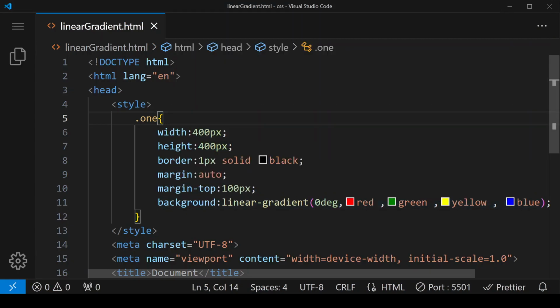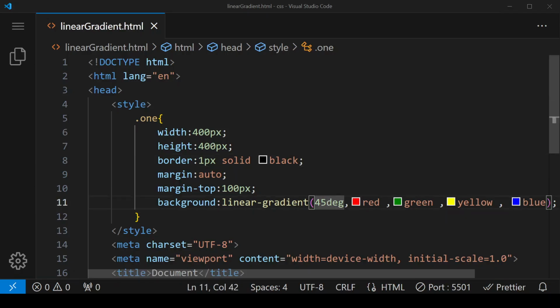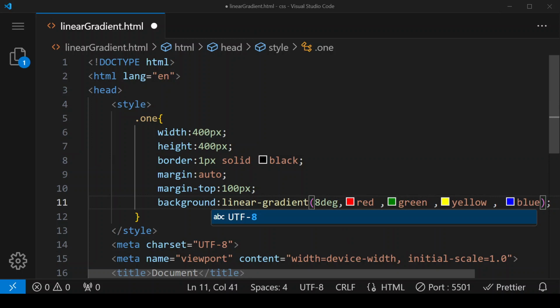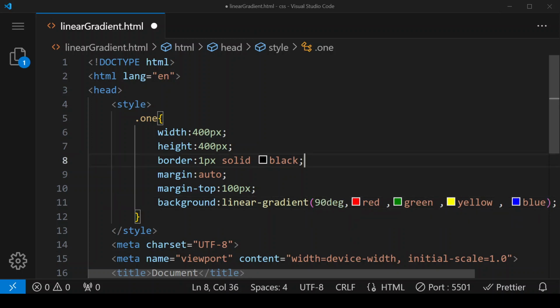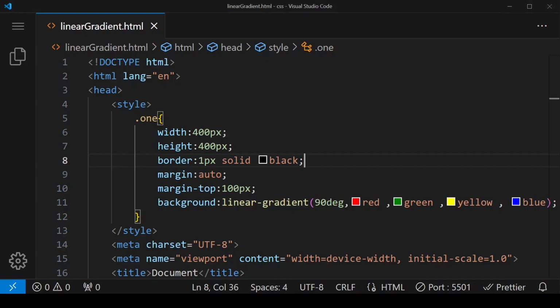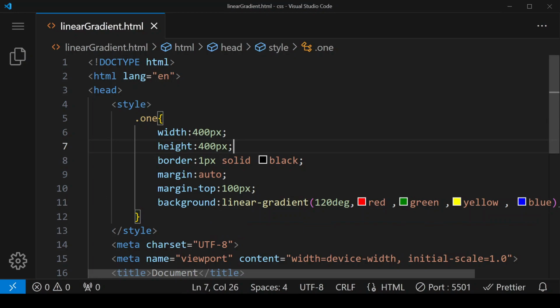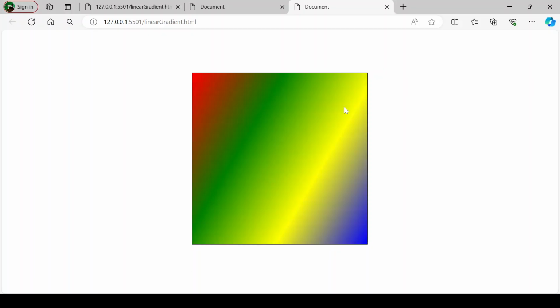Instead of 0 degree, if we specify 45 degrees, we can see that these colors are making an angle of 45 degrees. Here if it is 90 degrees, it is a straight line. 120 degrees is like